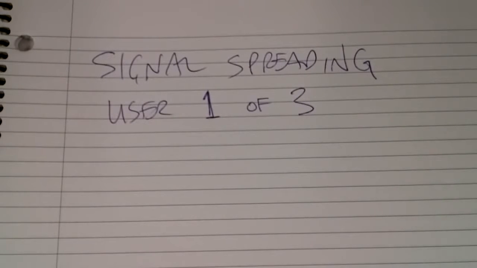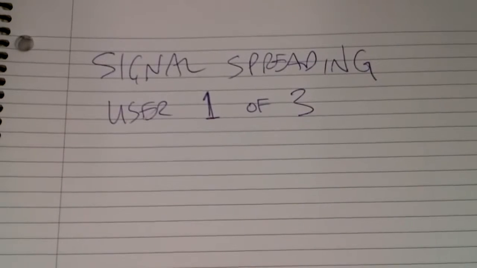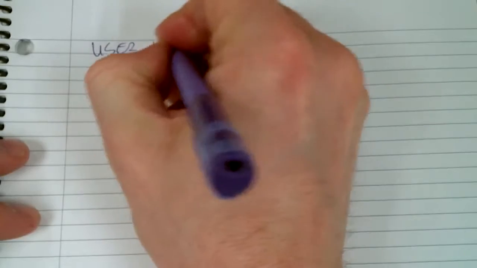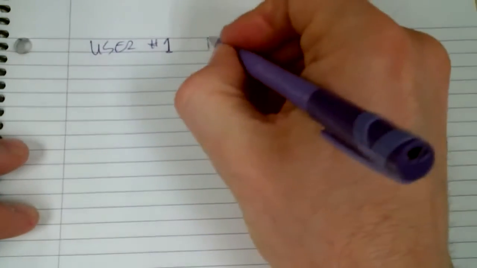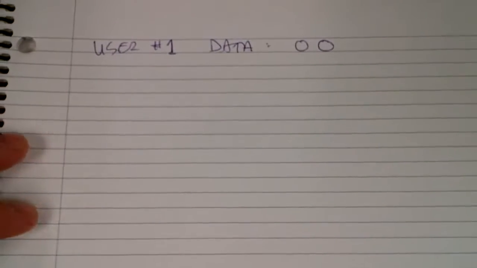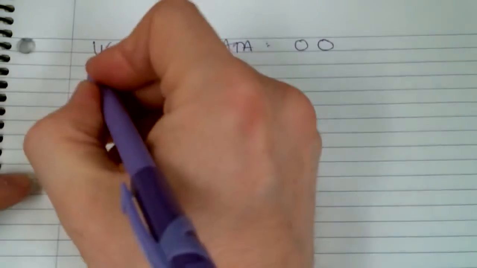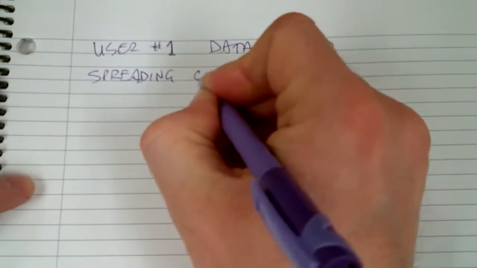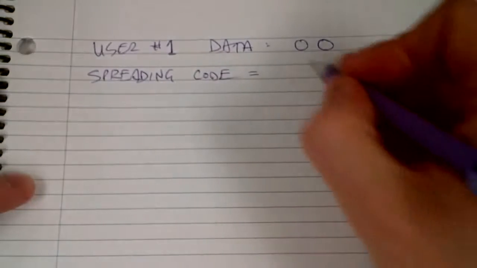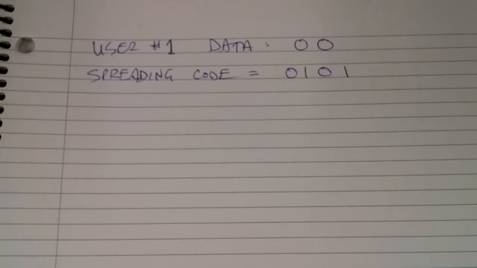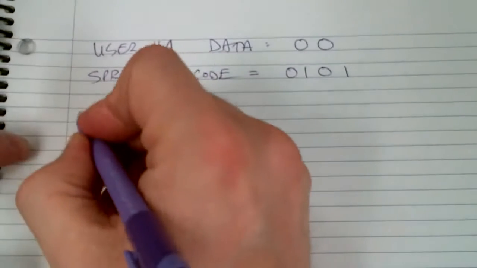Good morning. This is a video where a user has some data and wants to spread it using a Walsh code. Are you ready? So what we have is user number 1, and user number 1 has some data. Those are 2 bits that the user wants to send, and the user is also going to spread the signal with a Walsh code, and that's the Walsh code they're going to use. So we start with the code,